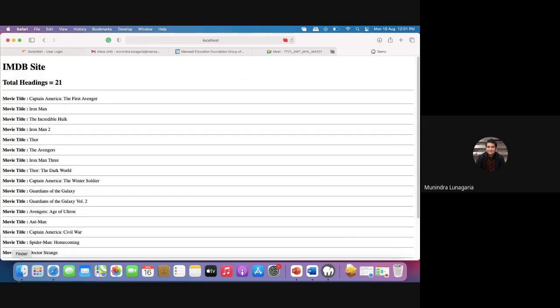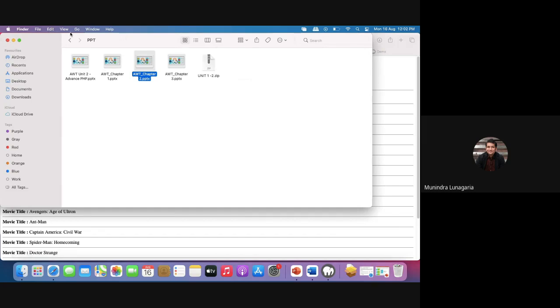So this is the web scraper example, first of all. And what exactly is in this example, let me show you also.